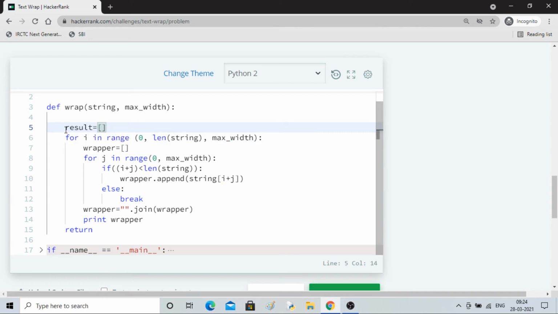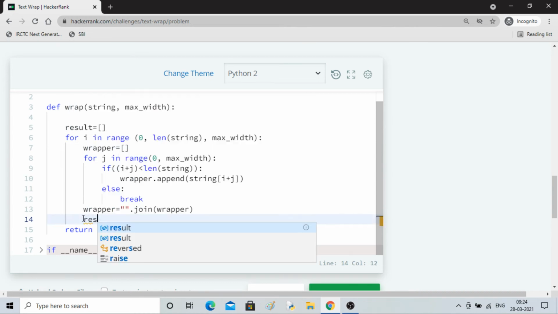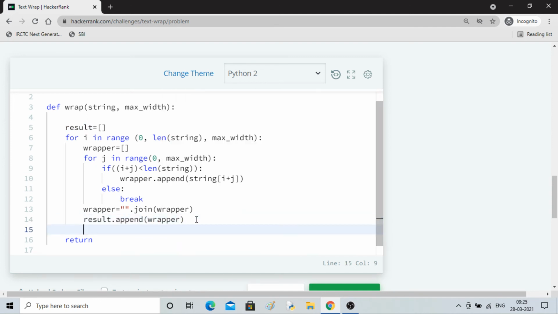Result is some array, and here what it is doing is it will append into the result array. Result dot append wrapper, and let me show you the print result.